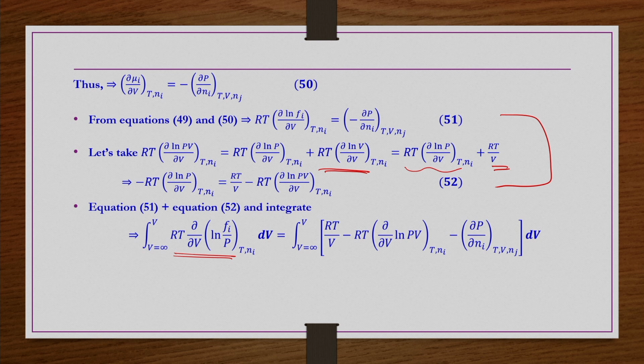Now, coming to the integration limits, we are taking V from infinity to a certain V value. Why? Because we cannot start with V equal to 0; any system that you take will have some volume, and zero volume means the system does not exist. On the other side, V equal to infinity means a very large volume, where the gas particles are away from each other. Under such conditions, as V tends to infinity, the gas obviously shows ideal gas behavior.